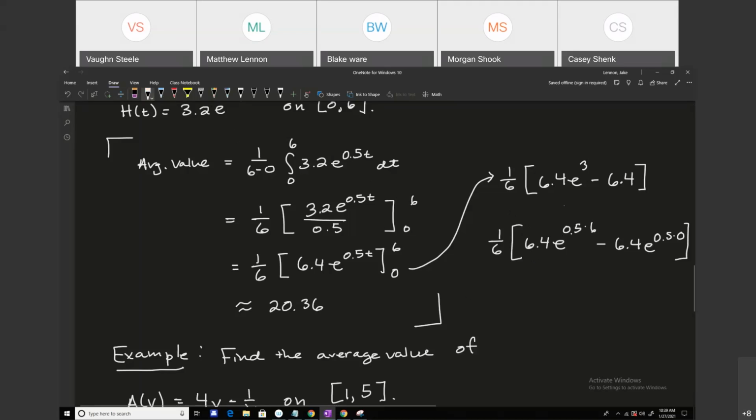21.42. So why don't you do each part separately, and we'll try and parse it out from there, right? Let's do each one of these numbers. If you try and do everything at once, I don't know where your error is going to be, just because I can't see what you're typing. But if you do 6.4 e to the 0.5 times 6, that number should be